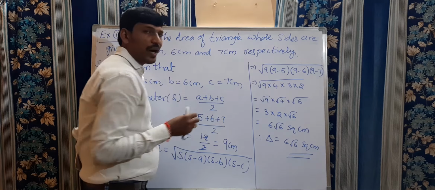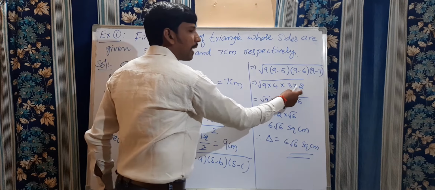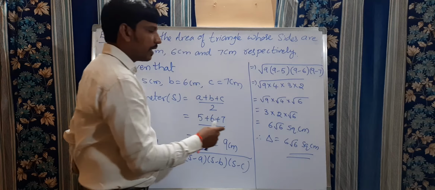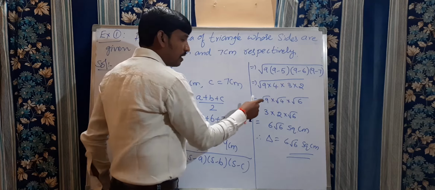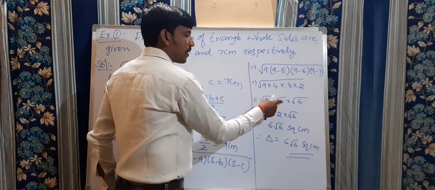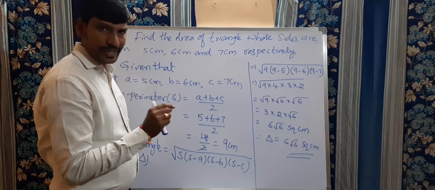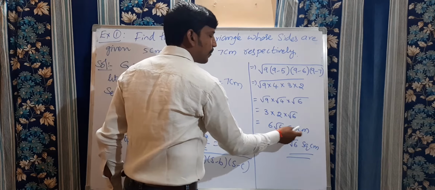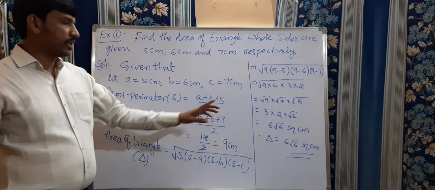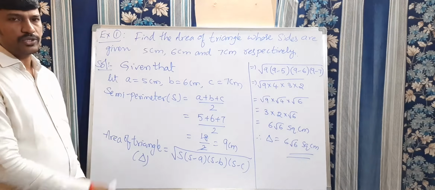9 is a perfect square number. So square root of 9 into square root of 4 into, these two are prime numbers, you can take directly square root of 3 to the 6. So square root of 9 equal to 3, square root of 4 equal to 2, and square root of 6 is 6 only. Clear? Square root of 6 as it is only. Now 3 to the 6, 6 into square root of 6 square centimeters. That is your answer to find the area of triangle. Please note on this example.